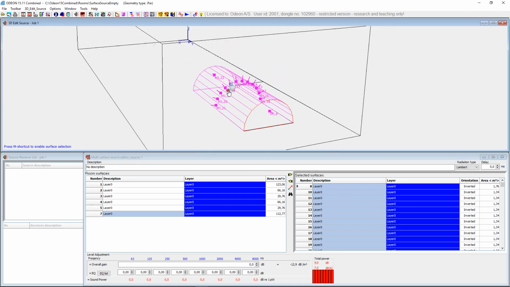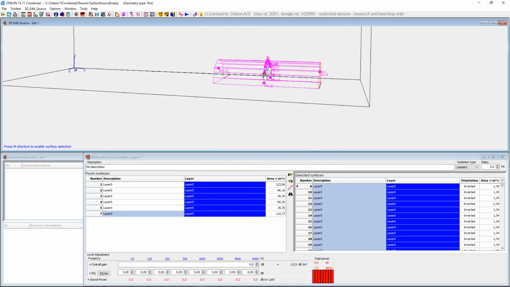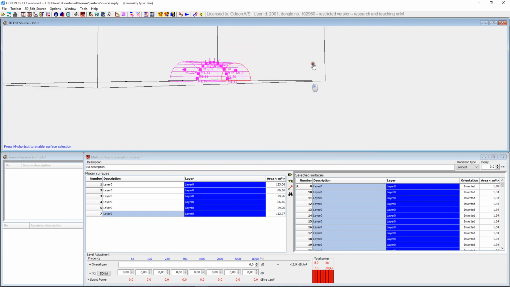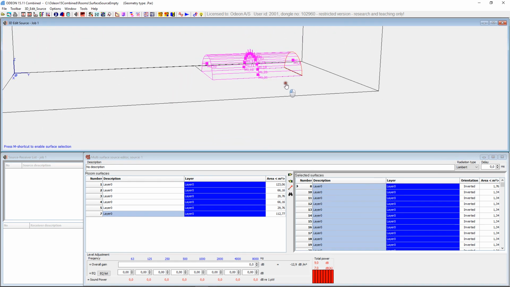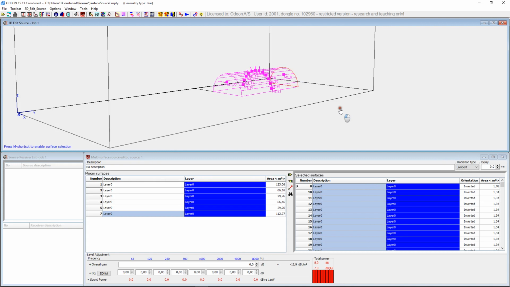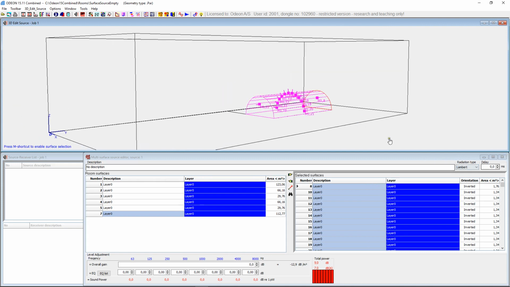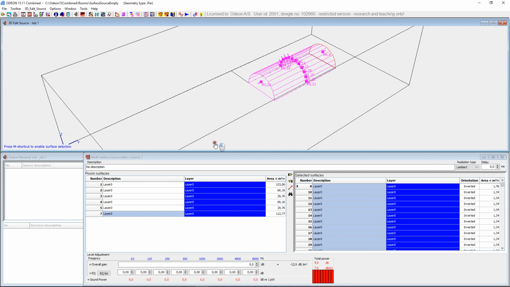And it's a good idea to check thoroughly before continuing that everything is okay, otherwise you might get strange results, or the calculation might get stopped because rays are disappearing out of the geometry. You might get wrong results too. So this was defining the surface source largely.